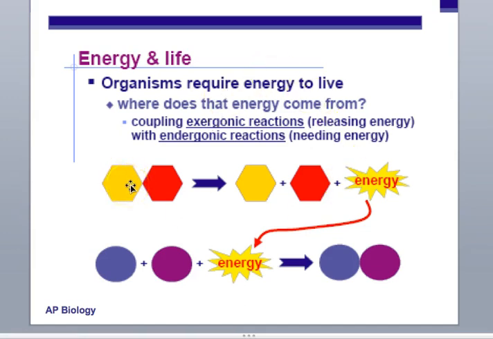So you have this hydrolysis reaction, where you're splitting something, and when you do that, you get a little bit of energy. You can put that right next to a dehydration synthesis reaction. Oh, I did that backwards. So this is the hydrolysis reaction. If you have a hydrolysis reaction, you're breaking this bond, and you're releasing energy. That energy can then be grabbed by the dehydration synthesis reaction. If you need energy to be able to create a bond, well, hey, there's energy from this, so we're just going to pop in there and create our molecule. And that is super efficient and fabulous. And look, I stole this from AP Biology slides.